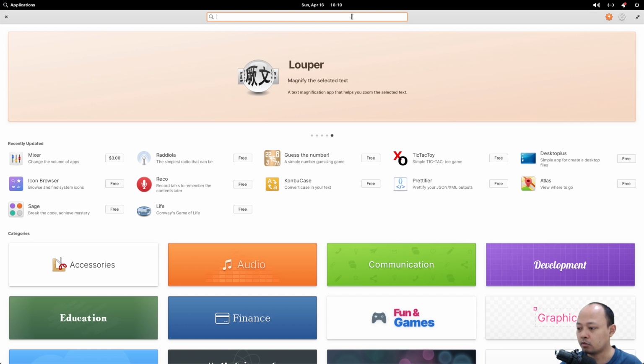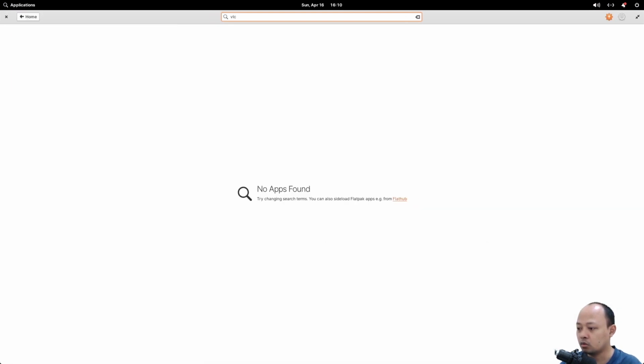For example, if I type VLC here to look for VLC, we cannot find it. I think I still need the terminal for installing certain applications. And on the top right, we can see a gear. If I click it, there's no option to manage the repository.